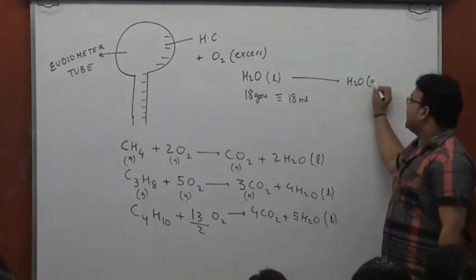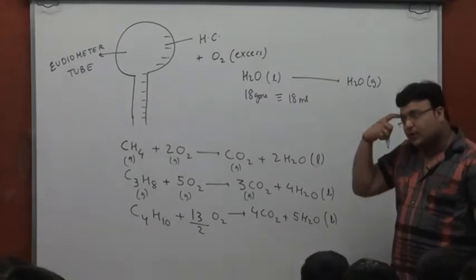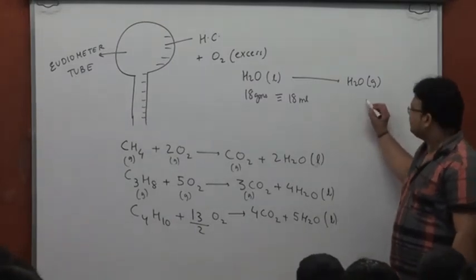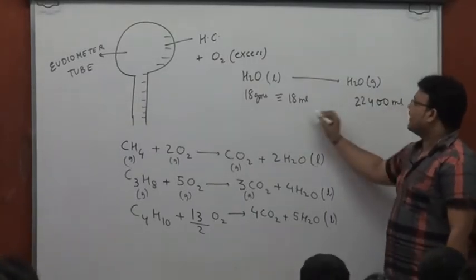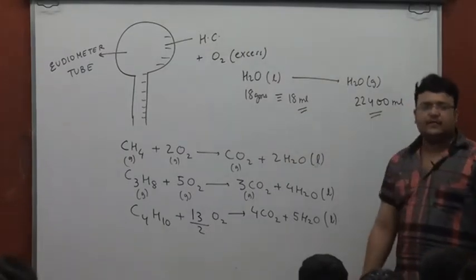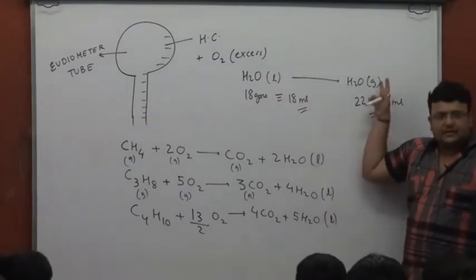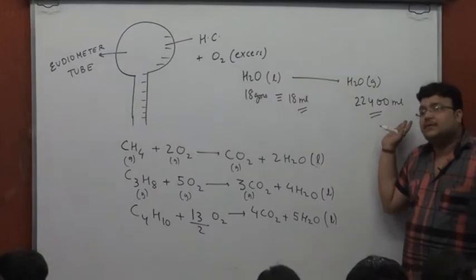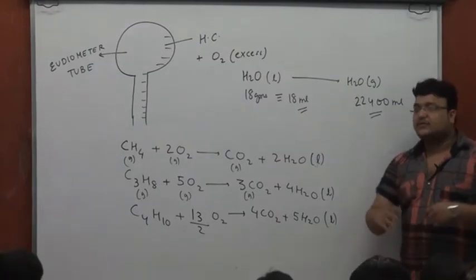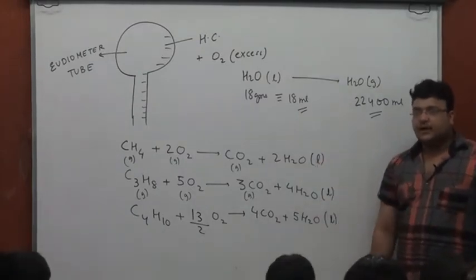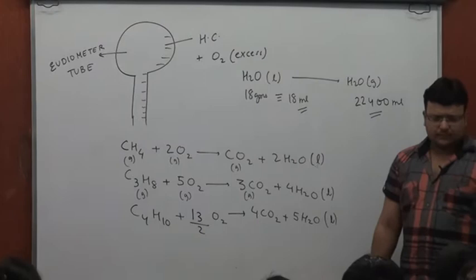Water in gaseous form, 1 mole of water, 18 grams of water, at NTP. What's the volume? 22.4 liters. We're talking of molar volume. You're going to find these two very different from each other. Same amount of water in liquid form is 18 ml. In gaseous form, it's 22400 ml. From liquid to gaseous form, there's going to be a drastic increase in volume. So every time you have a mixture containing gases, the volume of liquids will be neglected. Fair enough?